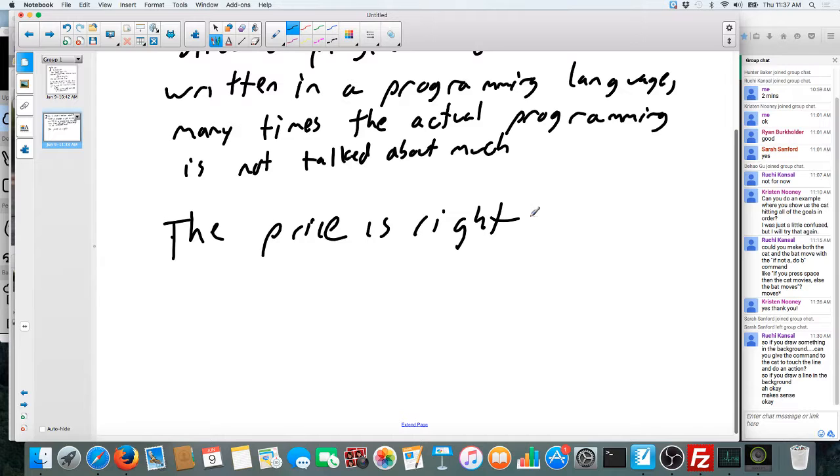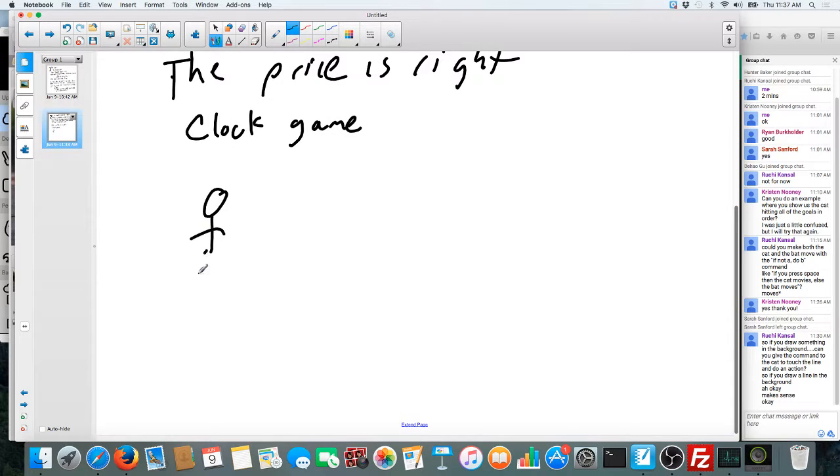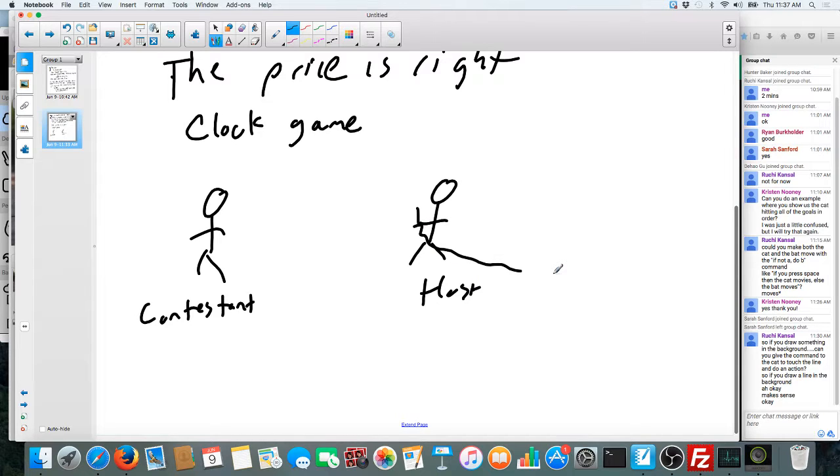In The Price is Right, there is something called the clock game. In the clock game, there's two people. There's the contestant, and there's the host. The host has the microphone. We're going to do a slightly different version of the clock game because I don't actually have a clock on me. But generally speaking, what happens is the host